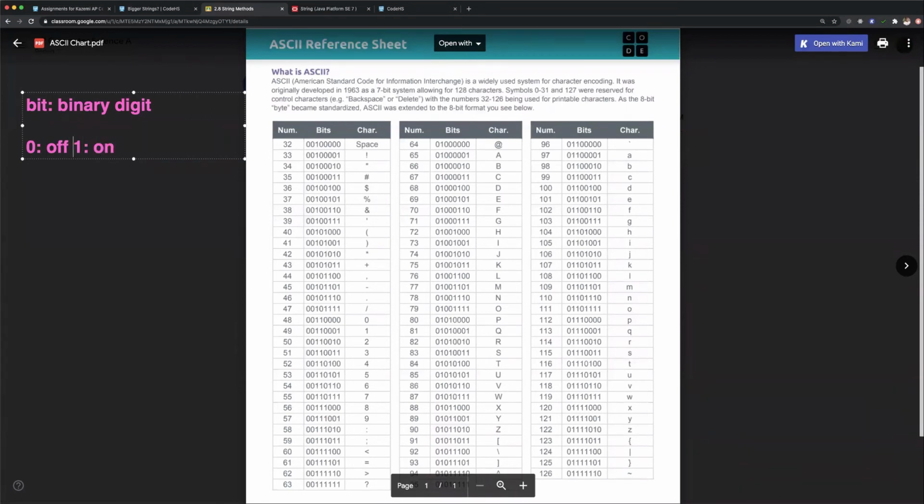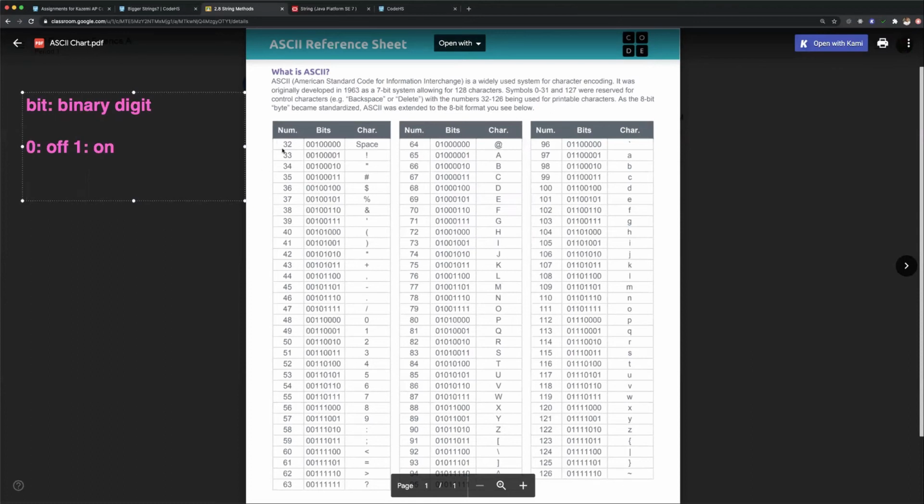The off and on comes from the notion that, back in the day, computers used physical switches. Back in the day when computers were very, very huge and basically filled the whole room, they used these physical switches that people would manually turn on and off to allow electricity to flow between them. Off meant that there was no charge going through that switch, and on meant that there was an electric charge going through that switch. And by creating different patterns of on and off, you're able to represent